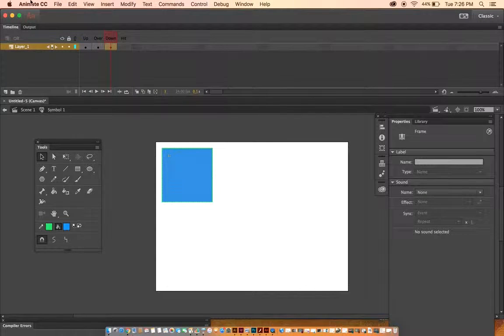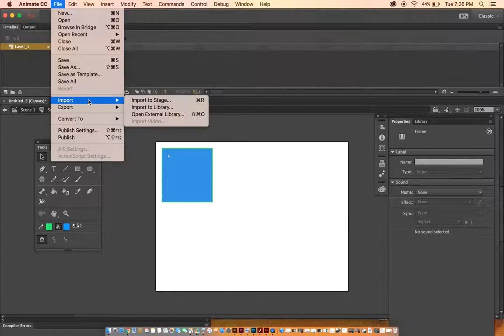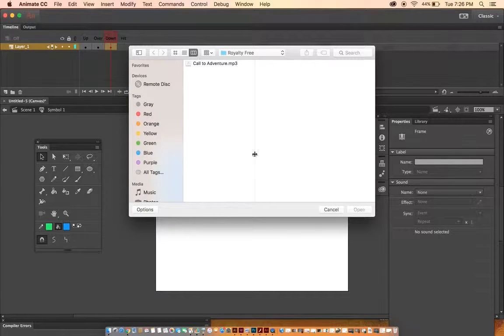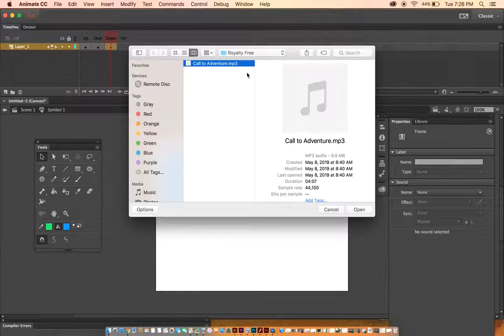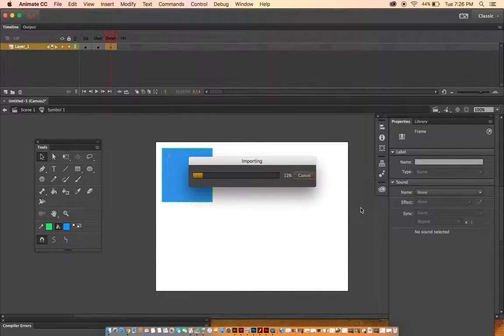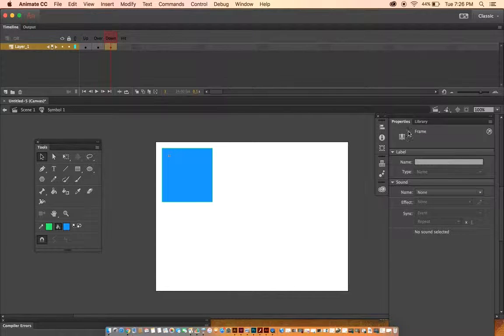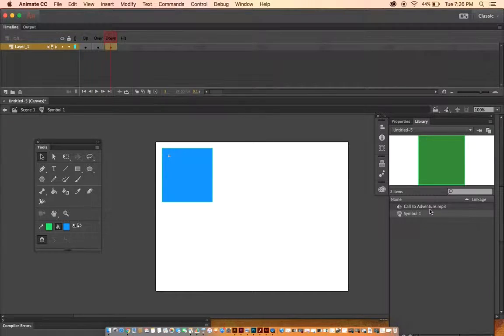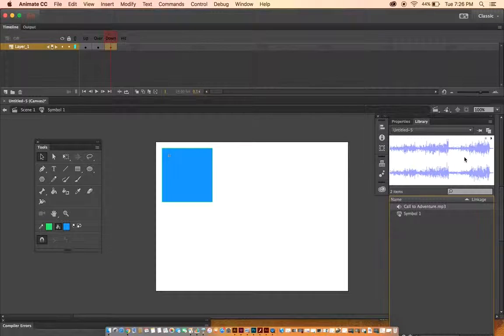So what I'm going to do is I'm going to import my music. So I'm going to go to import to library, and I have the call to adventure song that I used in my initial basics to audio video. And when I go to my library, you can see that the call to adventure song is here, right? So what I'm going to do is I'm going to make sure that I've selected the down button, and I'm going to drag the call to adventure into